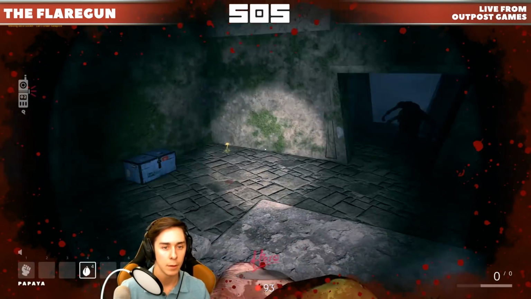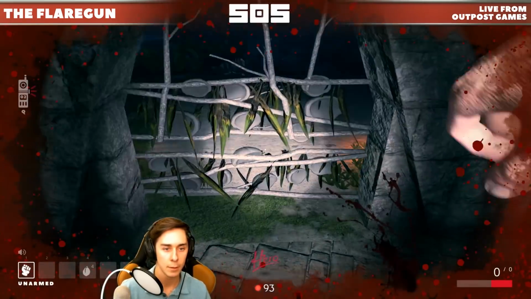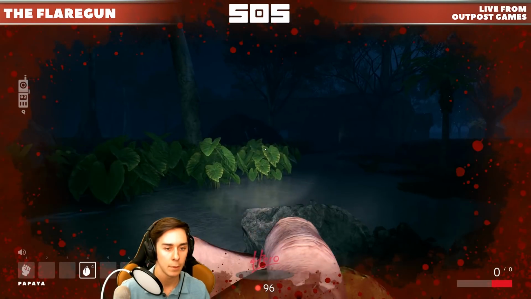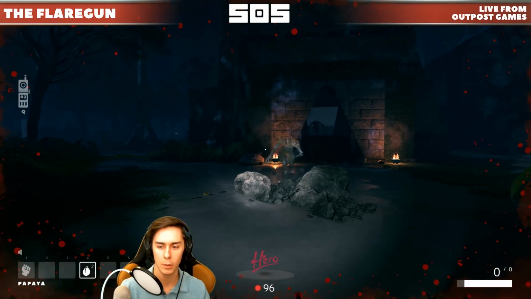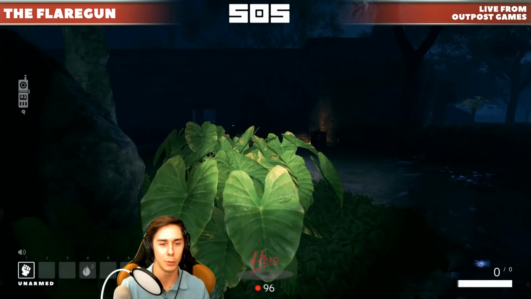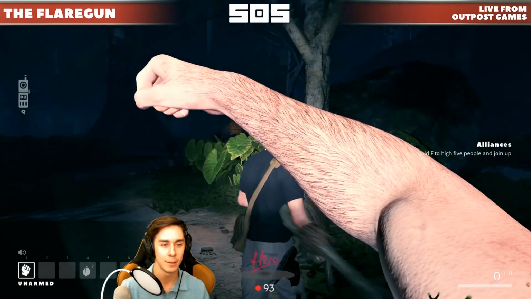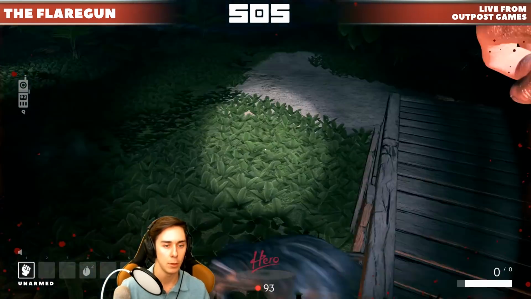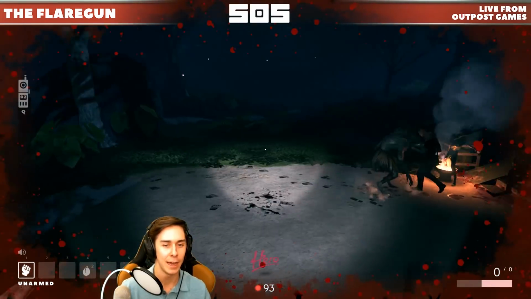Wait, do you got a relic by any chance? No, but I got 10 hupia. Oh gosh. Oh man. Oh no. I thought we were tracking people. Not. Oh God. Help me. Oh no. I don't want to die like